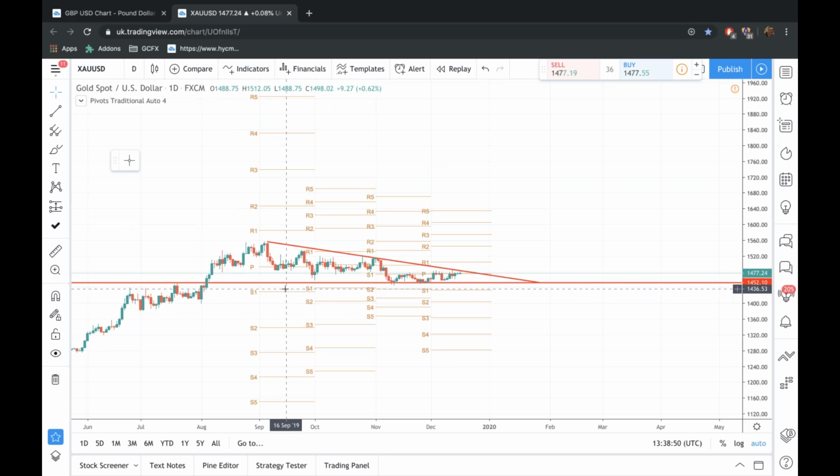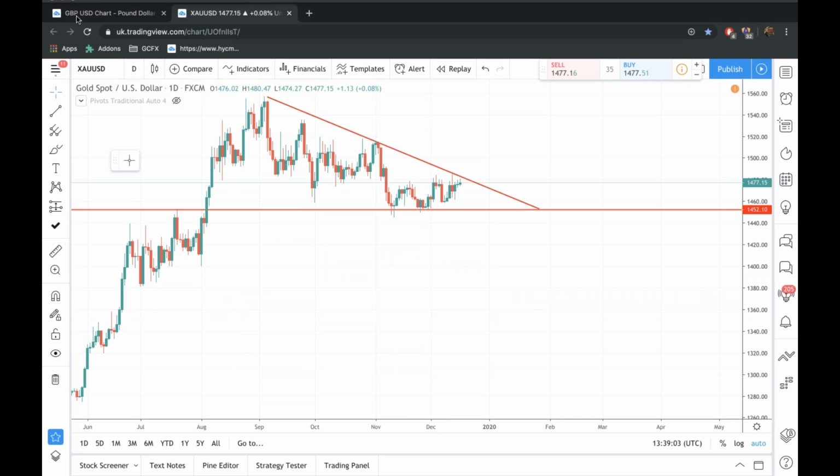Yeah, so that, you know, yeah, 1435, and that's the 1400 level there. That would be good pivot points as well. That would make sense. Yeah, okay, let's look at Salvatore, US dollar, Swiss franc.